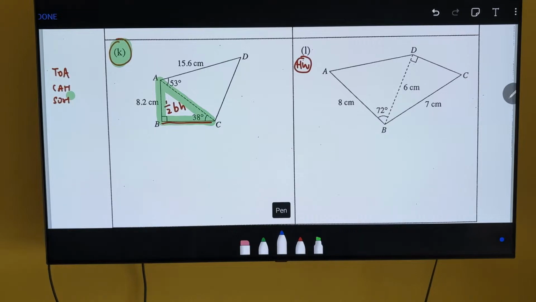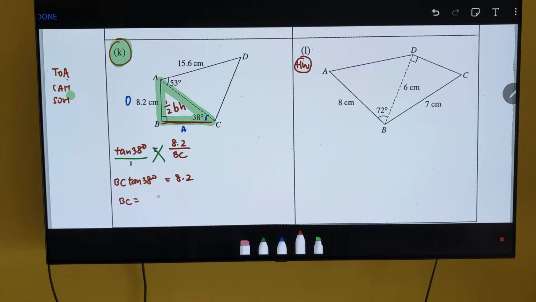Because with 38 as the reference angle, 8.2 is the opposite, BC is the adjacent. All right. So tangent 38 degrees equals to, and from here to find BC, let's cross multiply. Hence BC equals to